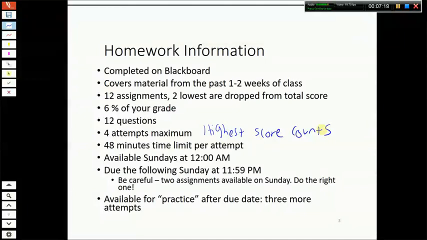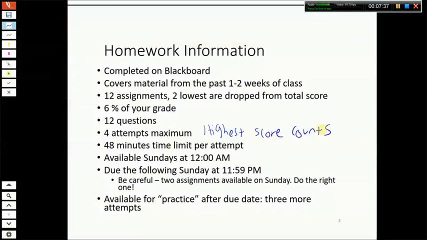Now, you have to be a little bit careful because the habit of many Chem 1331 students, despite my discouragement to the contrary, is to do the homework assignment on Sunday night and not to do it until Sunday night, which I recommend against, but many of you will do. And if that's the situation, if you're going to wait that long to do it, keep in mind on Sunday